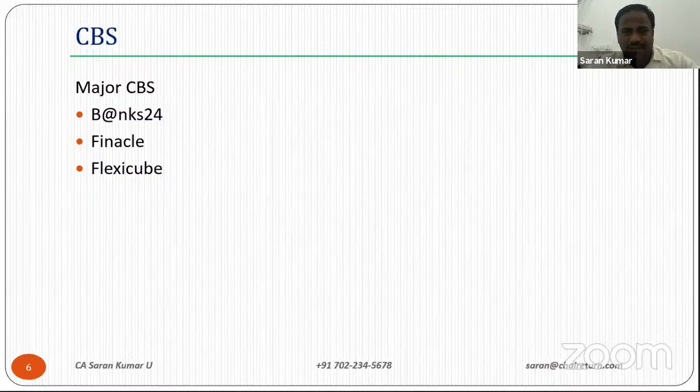Finacle is used by Andhra Bank, which has now merged with United Bank, and a lot of others. Flexcube is used by Canara Bank and their associate companies. So I'm going to look into these three types of screens, how they look, then how to get the data, and in what format the data will come.